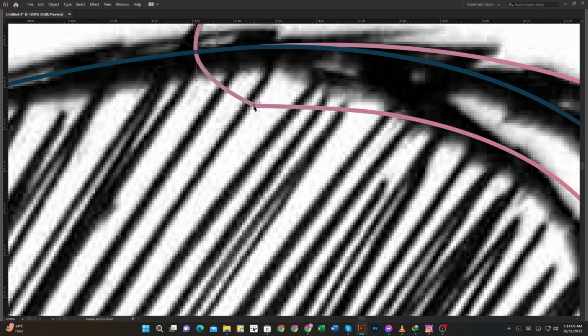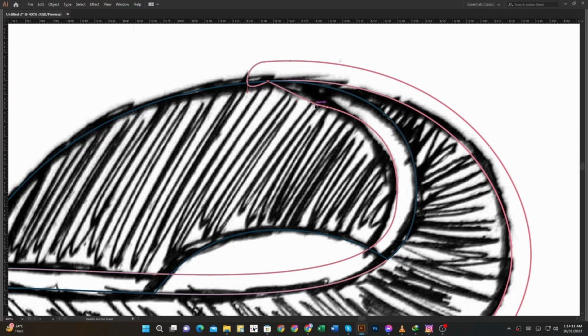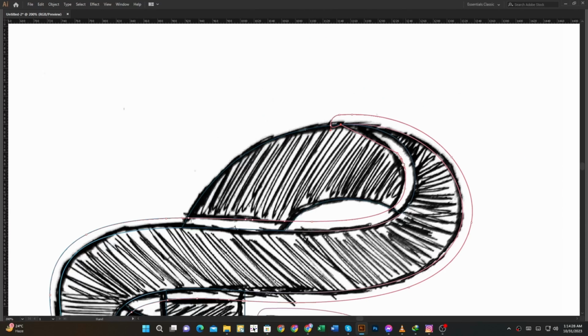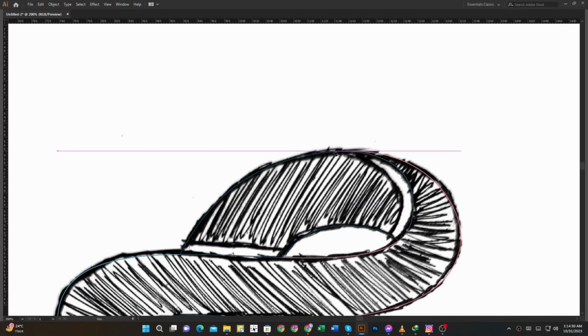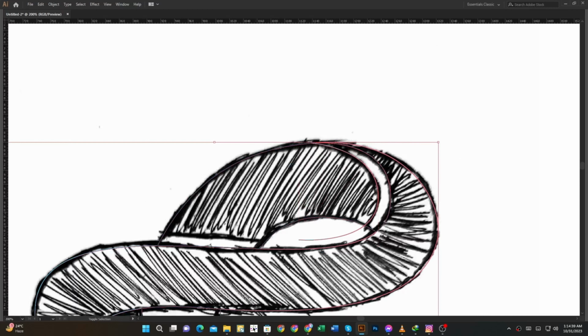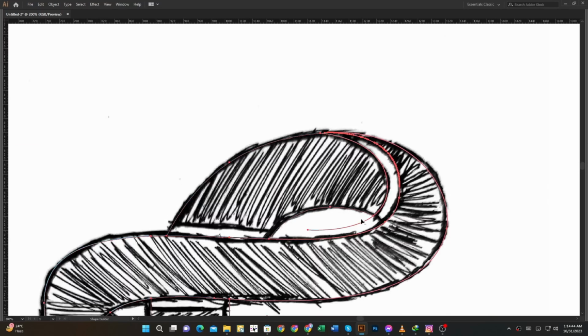It's some tweaked. It's some rounded. Then I use a pen tool. And it's...